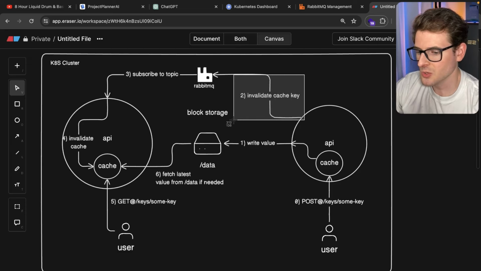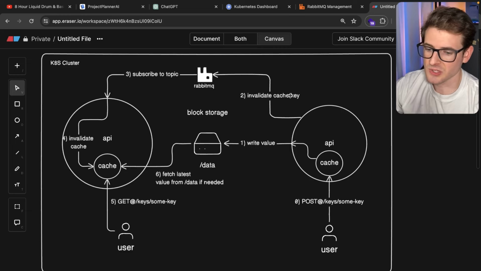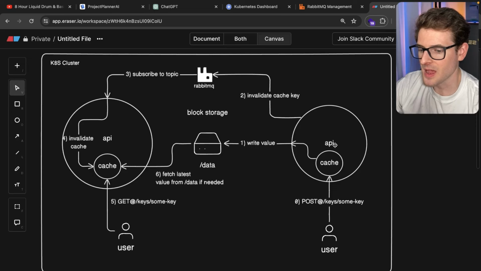So you'll see here step 2, invalidate the cache key. After I store to disk and overwrite the cache in this API, I publish an event on a topic, and that topic broadcasts that same event to all the other APIs in my system. Those APIs are subscribing to that same topic. So when they get that event, they go through and invalidate their cache,